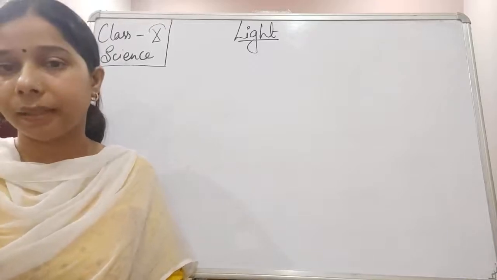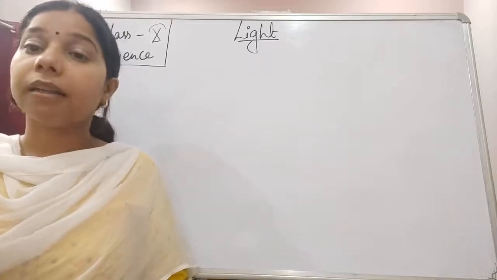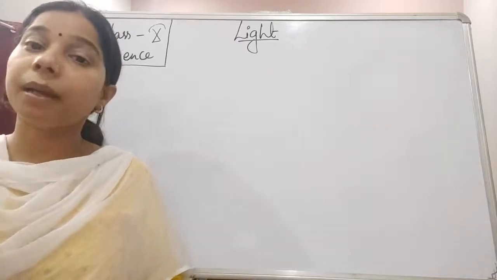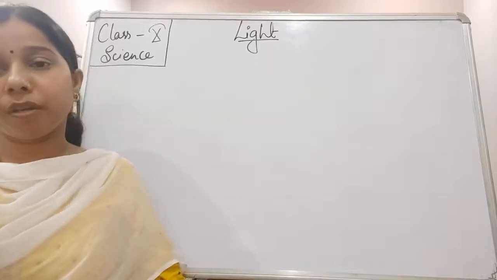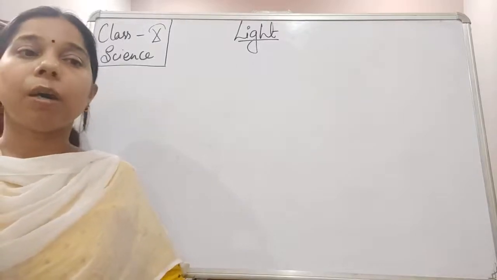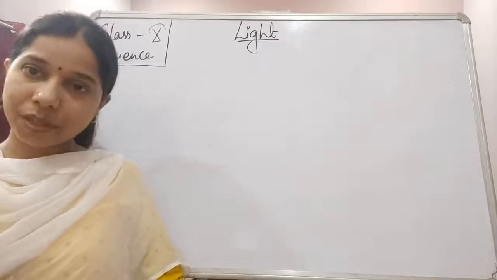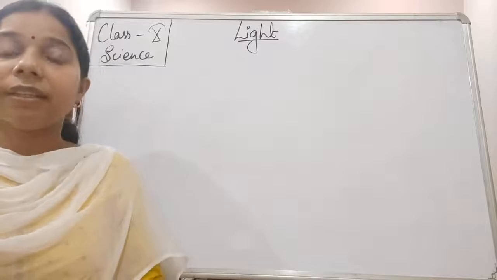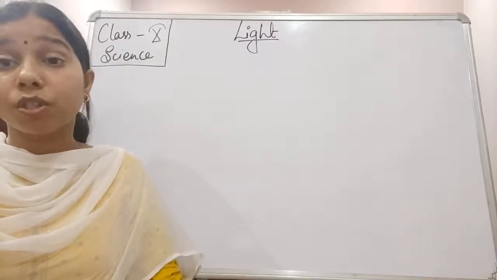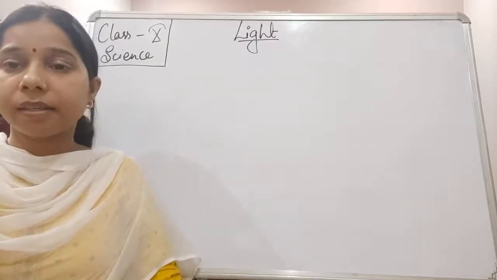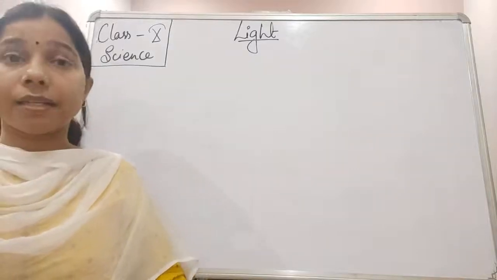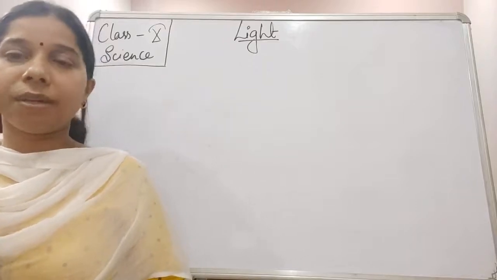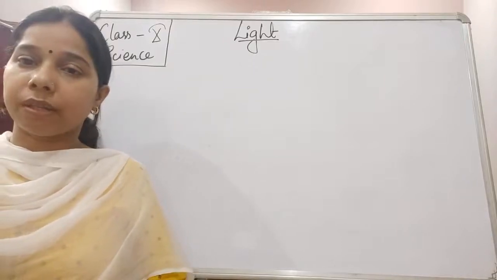So with the help of this convex mirror, a wide range of an area can be seen easily. The question arises: why are we not choosing the concave mirror? Why are we not choosing a plane mirror for making the rear view mirror? So why are we using the convex mirror, students? The reason is that in case of a convex mirror, the first benefit is that it forms an image which is virtual and erect. And the second is that it helps in covering a wide range of area in the mirror. These are the two things.